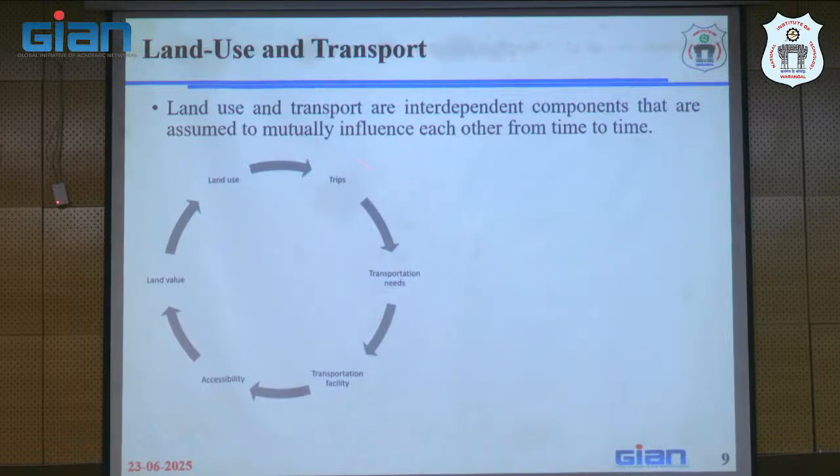So now let us start with this: if you have more number of trips, then the more transportation needs of the particular mode will increase. And the transportation facility, that particular category of the facility, will increase. Then there will be more and more access, then the land value will increase, then the land use rate will be increased. So this is the kind of circle that can happen. So that means we have a land pocket which was not accessed earlier, but we have created a kind of infrastructure to access the land pocket. Then there is more access, then there is more land value, then obviously more number of trips will be generated